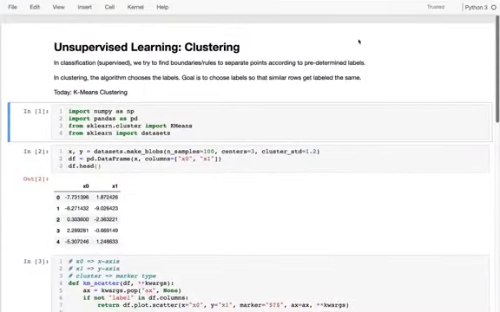So we've been doing a lot of supervised learning lately. In particular, we've been doing regression and classification. Now I'm going to give an example of an unsupervised learning problem, which is clustering. And